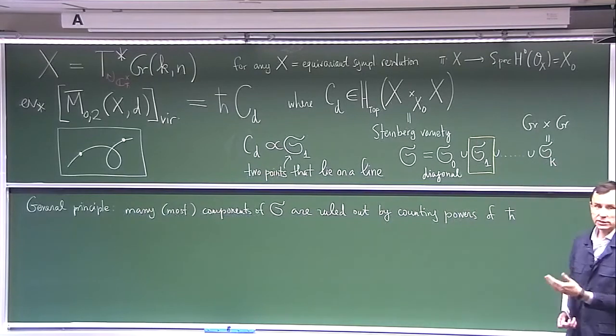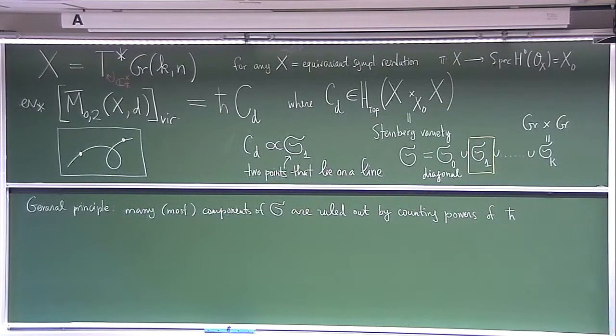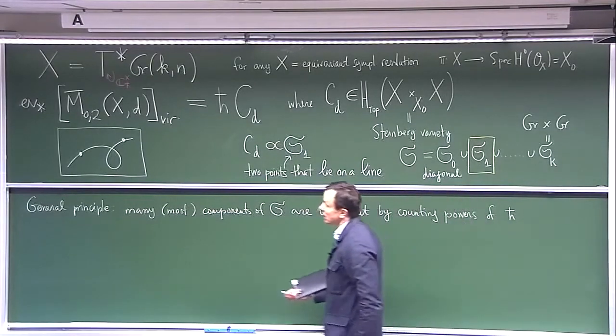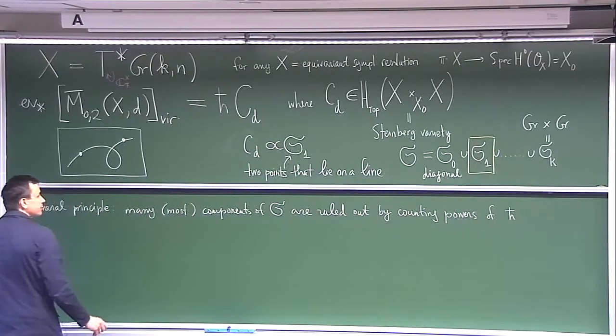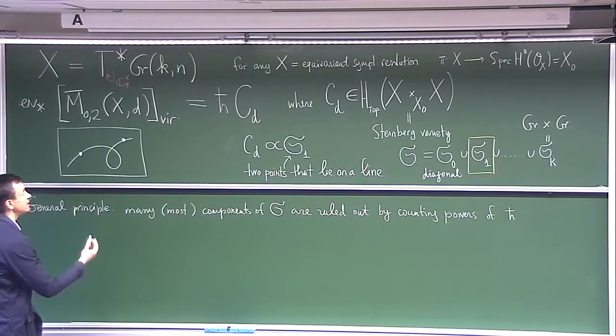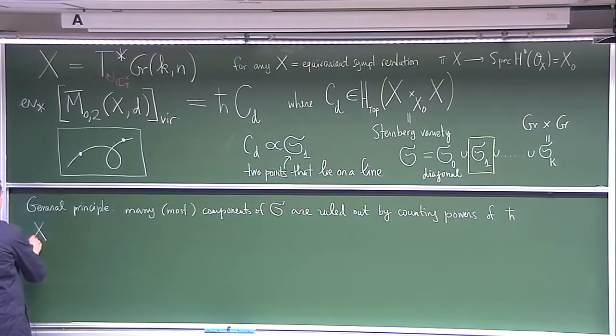So anytime you compute a contribution and see it's divisible by h bar squared, then it is in fact identically zero. And so maybe a more basic example along these lines is that, for example, x, I can